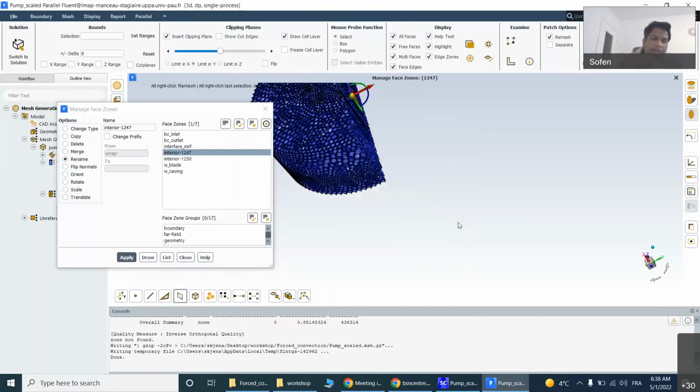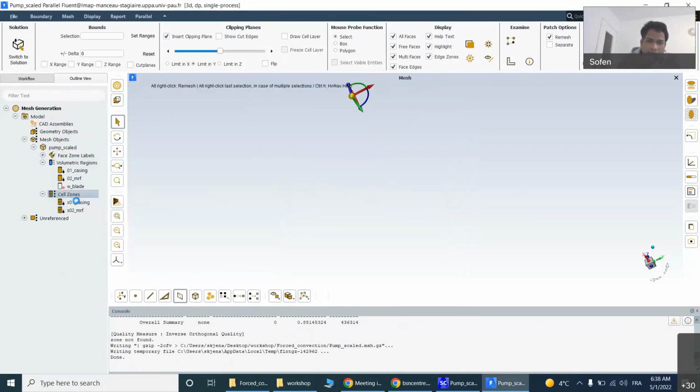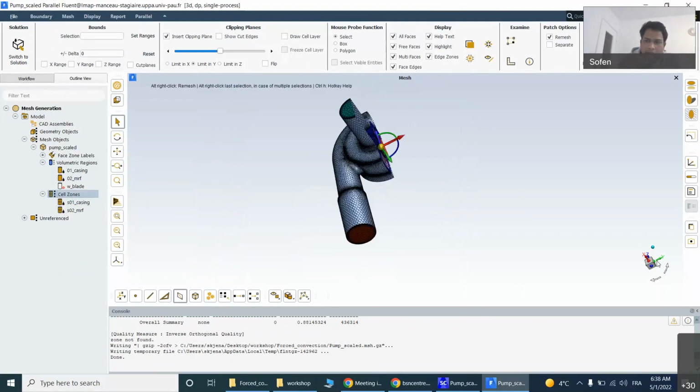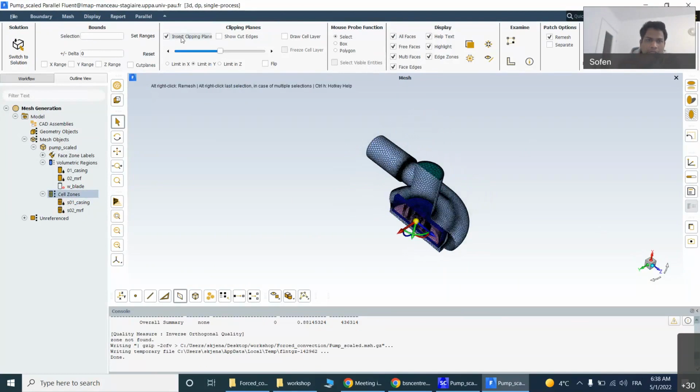Now the mesh is saved. Okay, so the rename, everything is done. Reset the boundary, done. Then we need to set the forced convection condition, turbulent forced convection condition, where we need to set it in